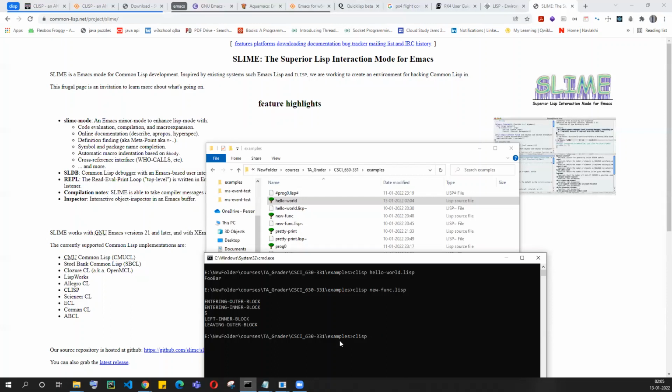But notice that this will only work if clisp has been added to your path, in your environment variables. I'm not going to teach you how to do that because it's pretty straightforward. You just have to go to your environment variables. You can search for change environment variables or anything inside of search, and